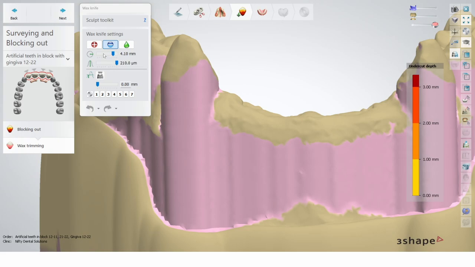I can change the radius without going every time with the cursor to click there. Same thing for the intensity that we're going to use for removing or adding or smoothing. Here the shortcut is Control plus mouse wheel. You can see I can decide without going there the intensity I'm going to use now to remove the wax.